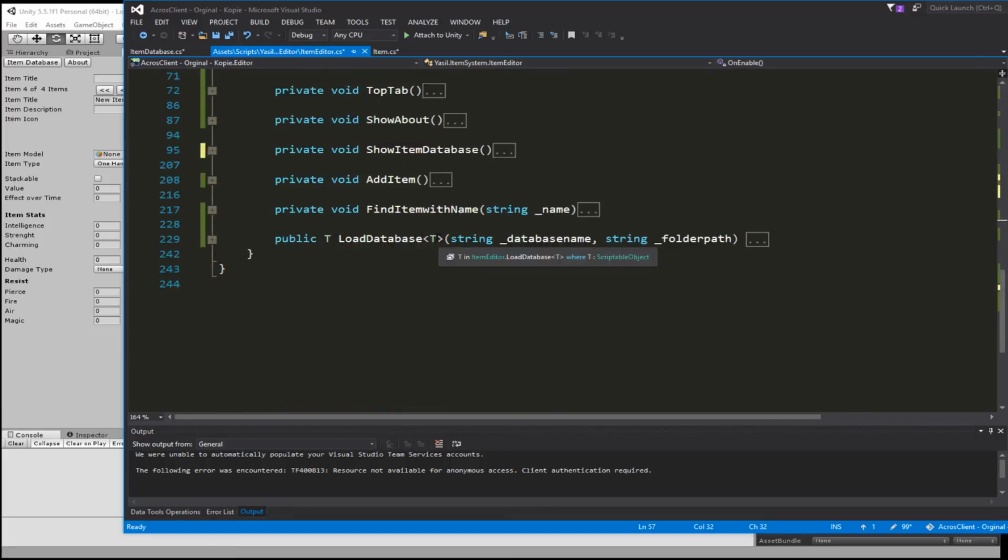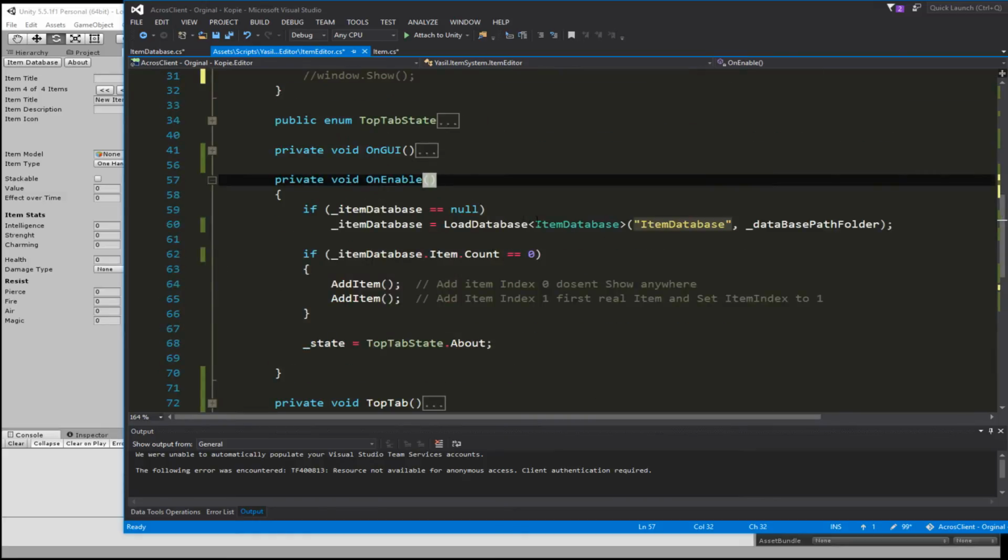So it's a generic function, so we have to put in the type here, so we need LoadDatabase and ItemDatabase, and it expects two